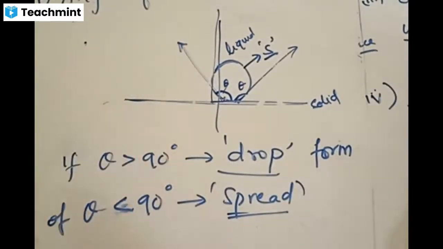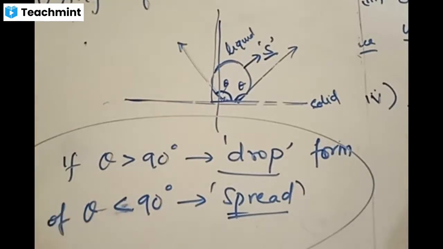Two things you should remember: equal to 90 is not possible. Exactly equal to 90 is not possible. You may wonder what happens if it is exactly equal to 90? It neither spreads nor forms a drop. It would be somewhere intermediate. You can take a drop and try to break it. Then what happens? It becomes a spread. There will be one particular stage where it neither appears in the form of a drop nor in the form of a stretch. That is called equal to 90. But we will not talk about equal to 90.